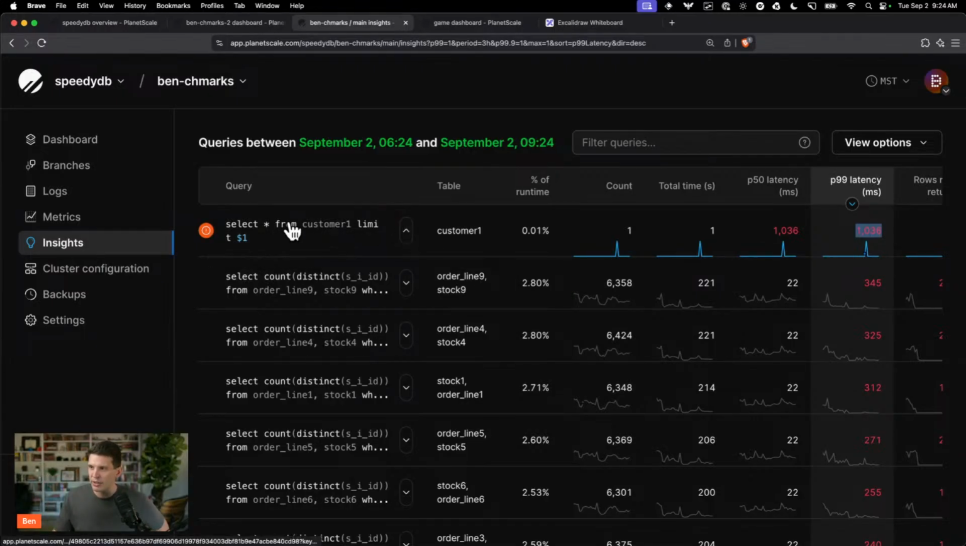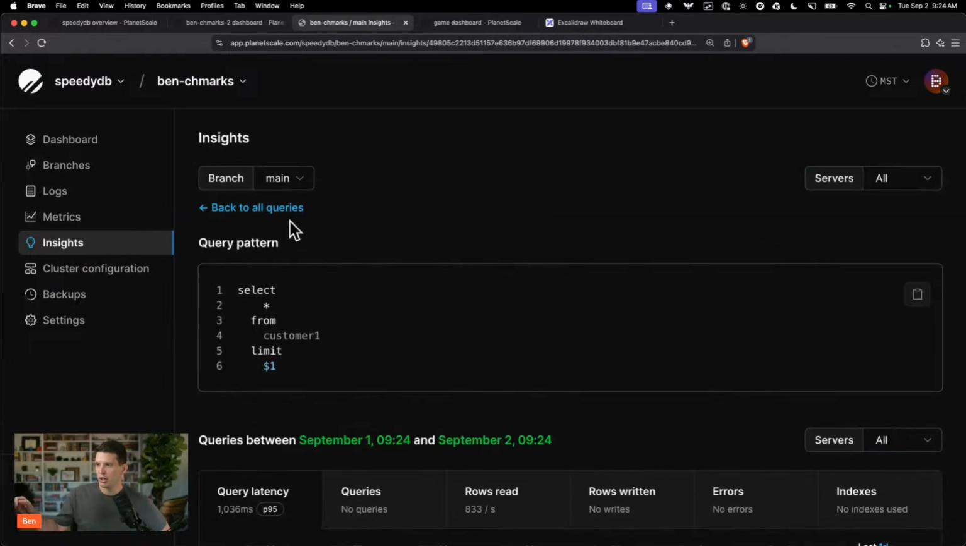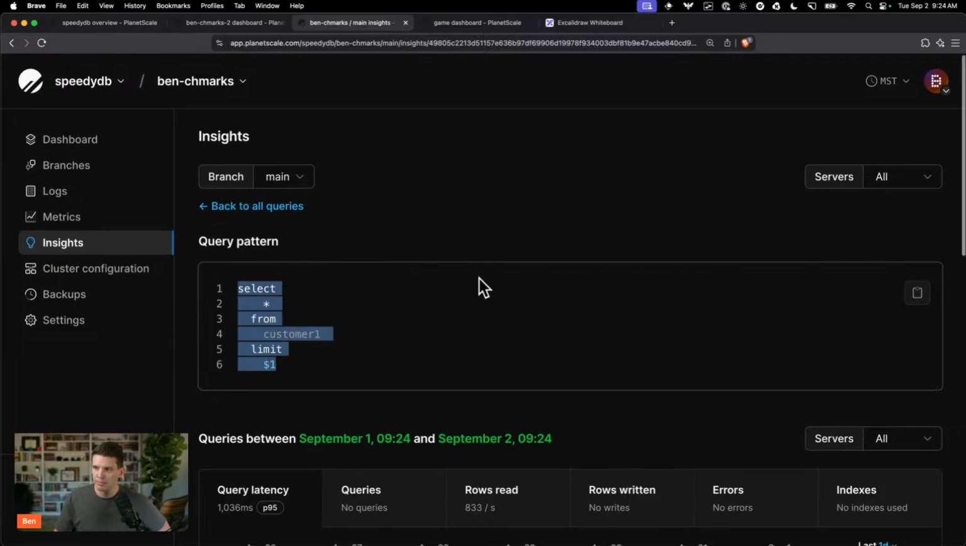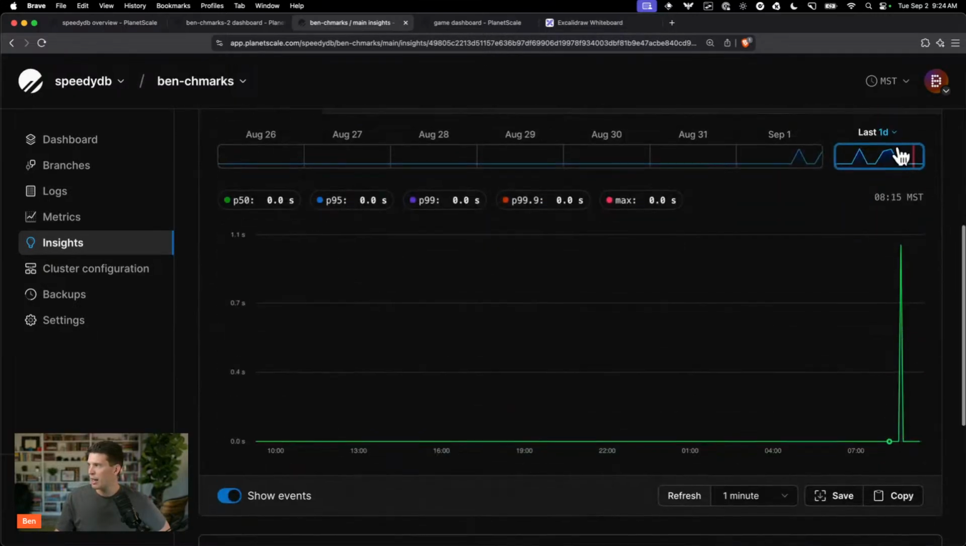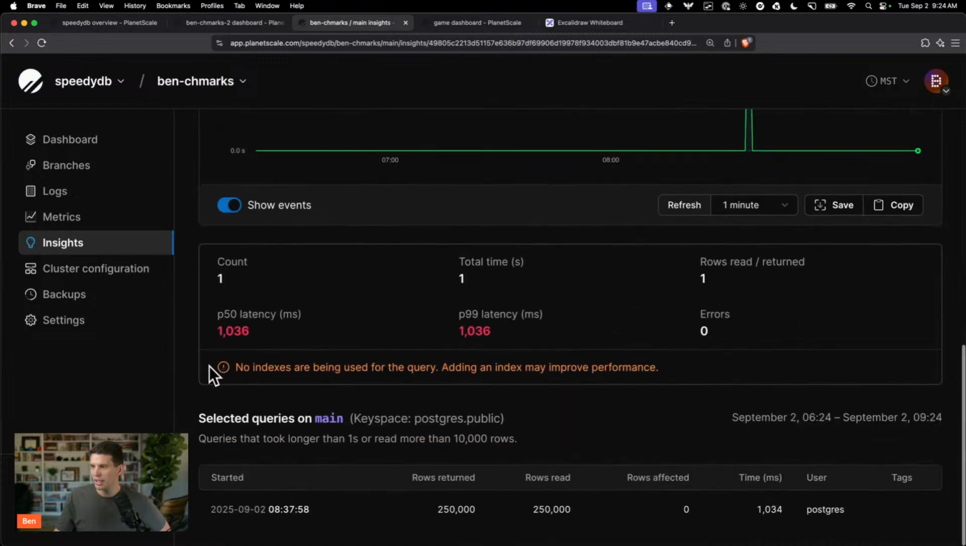You're not using indexes. And you can actually go and click on queries. This is a very simple select query. And the graph here is kind of boring because it only ran one time. But we get this warning right here in the UI: no indexes are being used, adding an index may improve performance. In this case, I purposely did a silly select query to show this. But